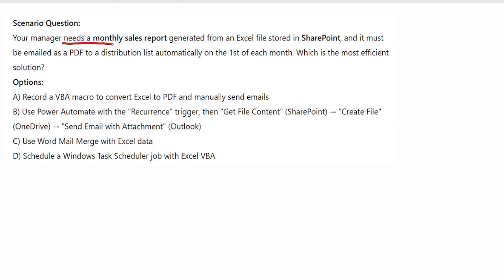Your manager needs a monthly sales report generated from an Excel file stored in SharePoint, and it must be emailed as a PDF to a distribution list automatically on the first of each month. Which is the most efficient solution?